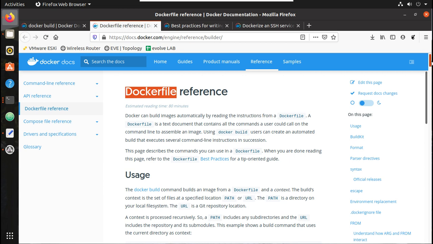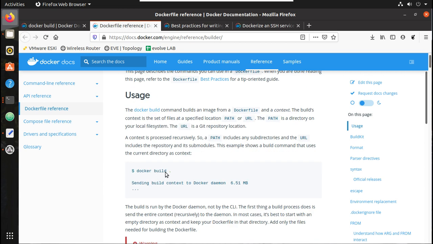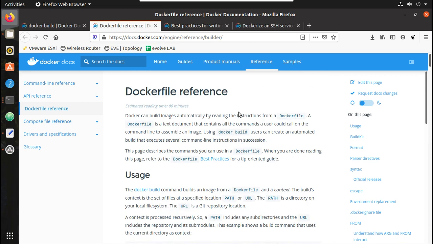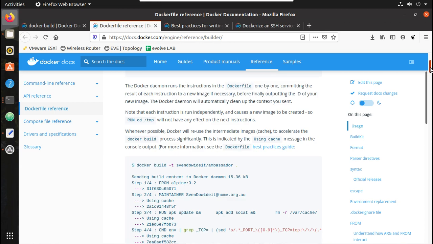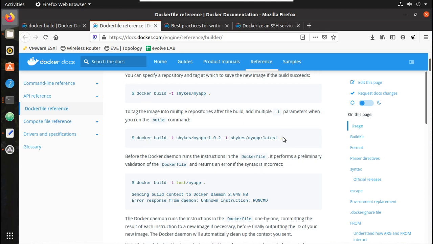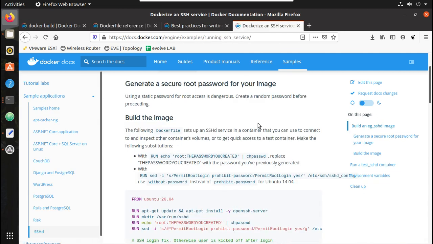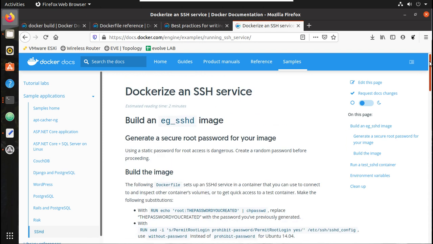So you can see here the command which we are going to use is docker build, and the Docker file name. By default the file name should be Docker file. If it is not Docker file, you have to manually give the file name using -f, and -t will be the tag of the image that we are going to save, and even this dot is very important. We'll see that command. Before that, we can see one example here.